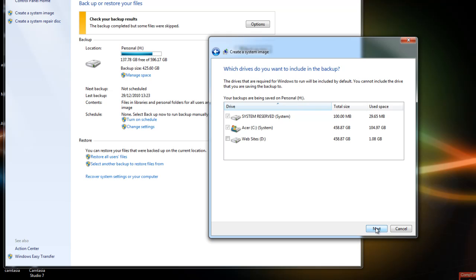Now when we get in here it's asking us what drives we want to back up, and you'll also notice that the C drive and the system reserve partition are automatically highlighted and cannot be deselected because these will always be backed up. I also have a second partition here which is my D drive, which I can also include in my backups. So once you've chosen which drives you want to back up, all you need to do is click on next,